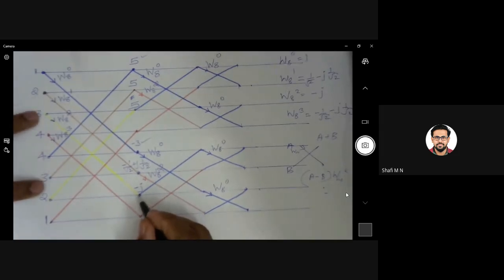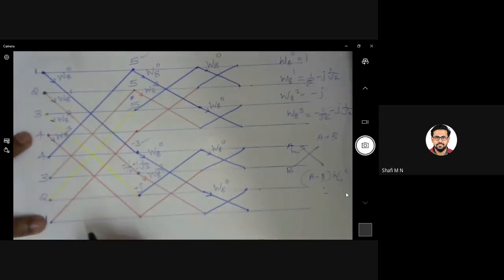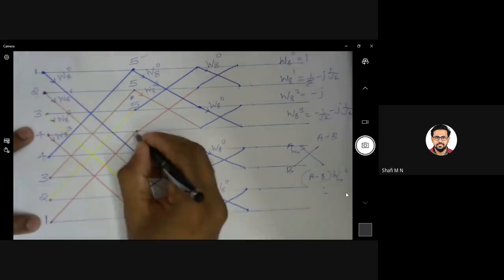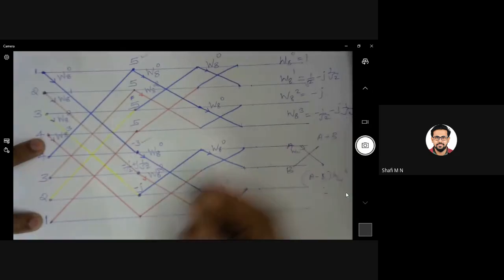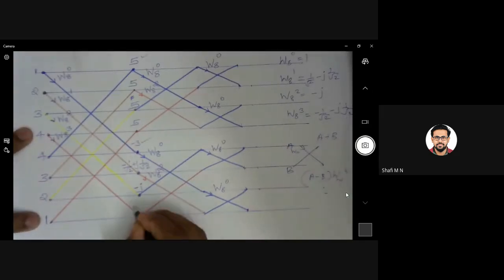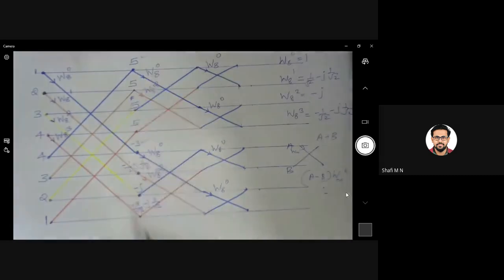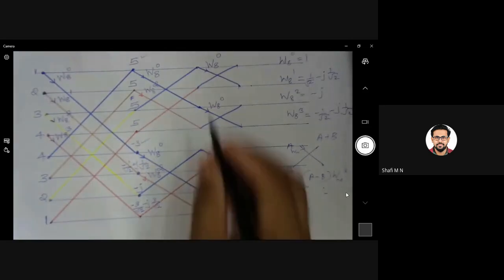So this is minus j, and the last butterfly, the red one: 4 plus 1, upper arm will be 5, lower arm 4 minus 1, 3. 3 into W8^3. W8^3 is over here. So you have to multiply 3 with it. So this will be minus 3 by root 2 minus j 3 by root 2. Right? So you have the output for all the first stages. Now we will move to the second stage. So moving to the second stage,